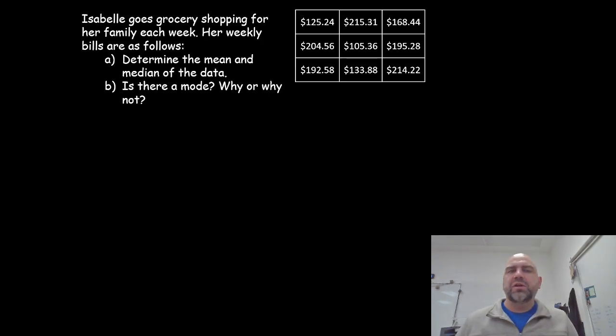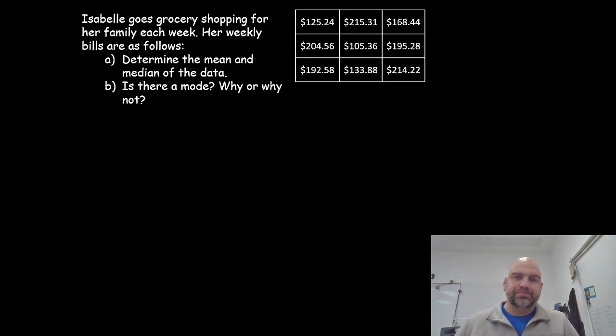All right, welcome to this video where we're going to be taking a look at measures of central tendency and how we can solve for them using a data set. I'm going to start with a fairly small data set of 9 pieces. There's a bunch of decimals in here, so it's going to be a little bit more complicated, but that's okay. And we're going to then look at how do we find the mean, median, and is there a mode for